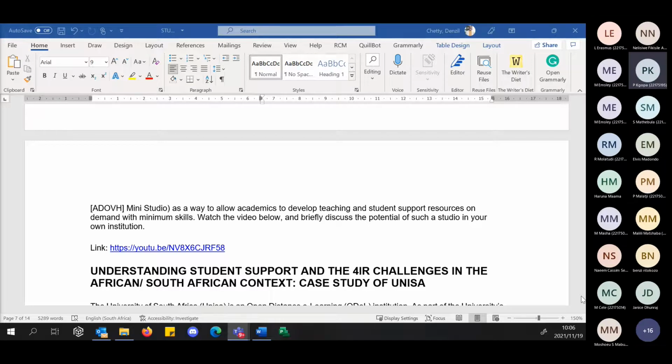So what we did was we benchmarked against the University of California, and we put in, as you will see when you watch this video, what you call a fully functional automated recording studio. Now, what this means is that all the academic needs to do is have a USB stick with them, minimum 2 megabytes for an hour recording, walk into the studio, and simply insert the USB into what we call a control panel.